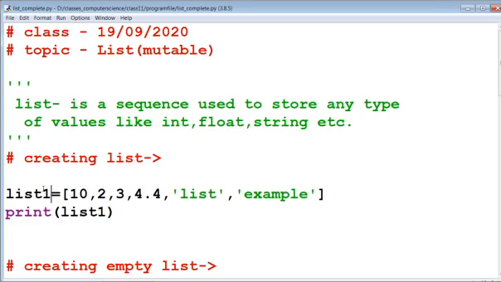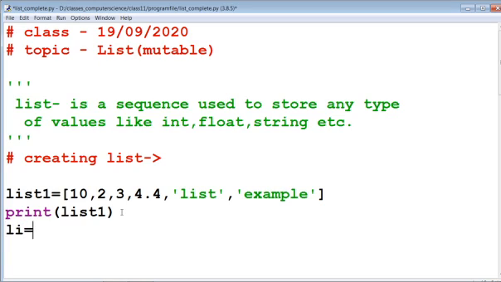Now in this way we can create a list. To create a list, first of all we have to take any variable, suppose li equal to, then we have to define square brackets and we can put any value within this list. If we are going to write an integer value and a float value, then we can write normally, and for a string value we can put single or double quotes. So this is the list. We have created a list with elements 1, 2, 3, 4.